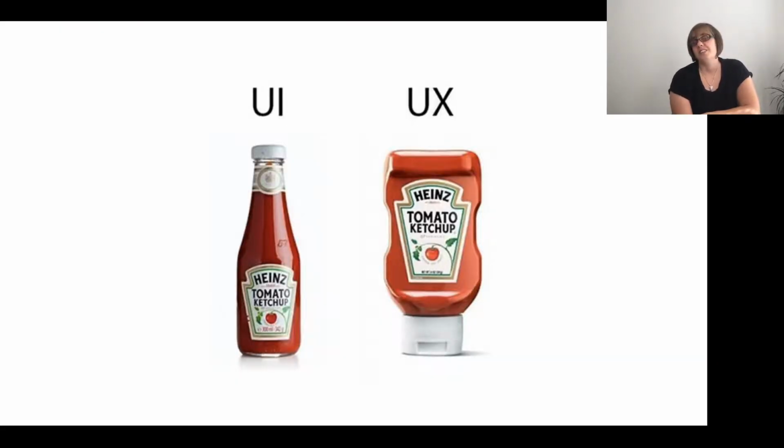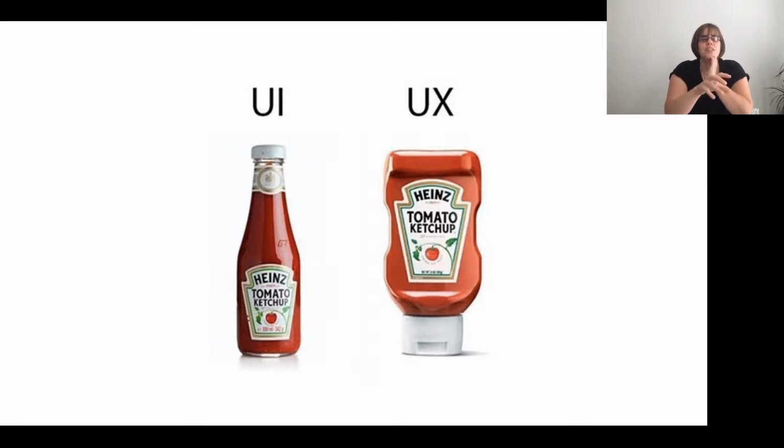This is my standard definition when people start getting into the UI type thing. And we have a tomato ketchup bottle. It's very hard to see, but there is a small 57 just here on the bottle. And the idea is that if you turn it upside down and you hit that 57, the tomato ketchup comes out easily. If not, you're banging the ketchup against the table, wondering how do I get the ketchup out? So